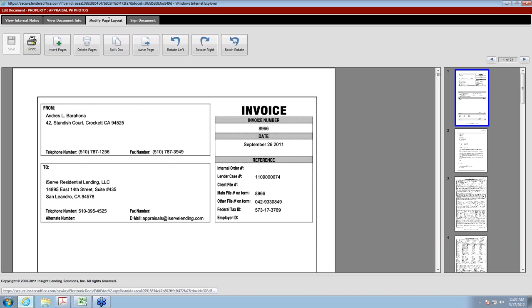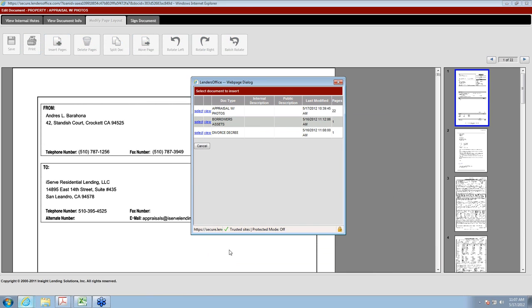On the Modify Page Layout tab, this is where a lot of the good stuff happens. As you can see, you're allowed to insert pages. Let's say that you uploaded 2 separate files, and you meant to put them together as one. I'll show you how that works. So you would simply click on the button, and it's going to say, okay, you want to insert another document that you uploaded separately in error. Let's just pretend that this borrower's asset is what I want to put at the beginning of this document. So I select it,